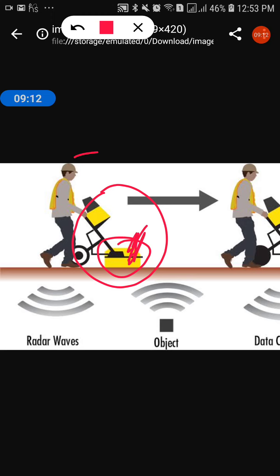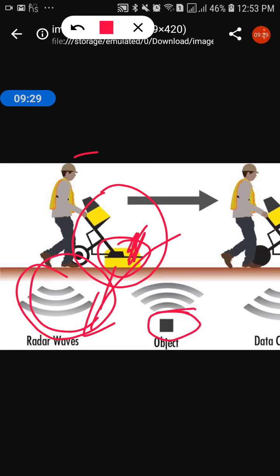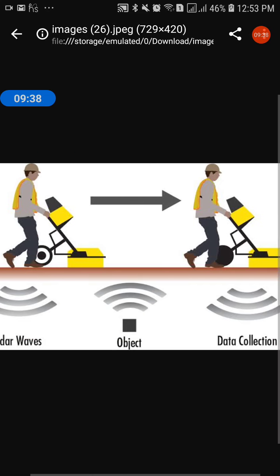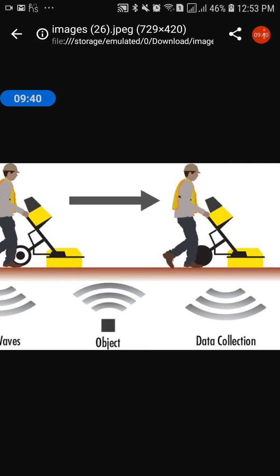From this radar it will give some radar pulses to the subsurface. Means pulses will travel from surface to subsurface. Like these are the radar waves. Now an object is there, suppose it's an object. Now these waves will hit this object and will give data collection. The radar will collect the data of this object and it will give it to you.